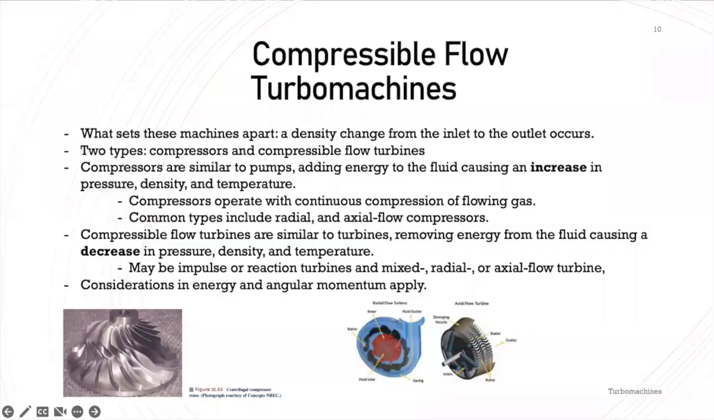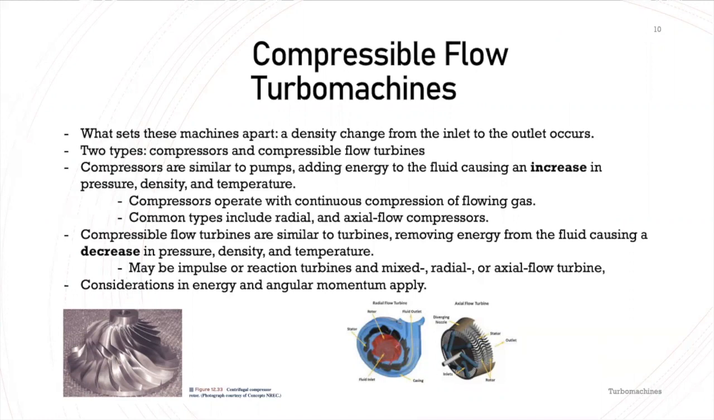The next turbo machine that we are discussing are compressible flow turbo machines. What sets these specific machines apart is that there is a density change that occurs from the inlet to the outlet. And there are two types of compressible flow turbo machines, compressors and flow turbines. Compressors are similar to pumps, which add energy to the fluid, and these machines cause an increase in pressure, density, and temperature. Compressors operate with continuous compression of flowing gas, and the most common types include radial and axial flow